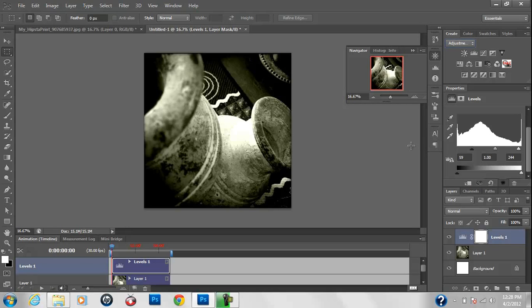Now, I could leave it like this, but I don't want to leave it like this at all, because it doesn't look as professional as it could be, or as artistic as it could be. So, the one thing you can do to make sure that you don't have your pictures messed up, go to the polygon lasso tool,